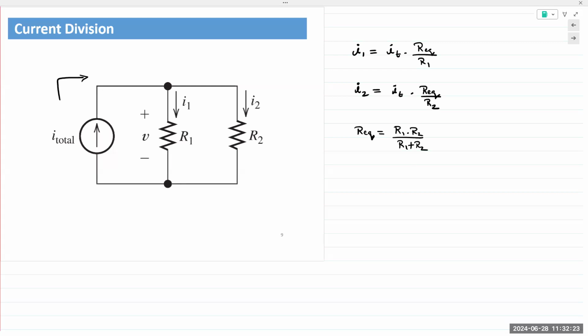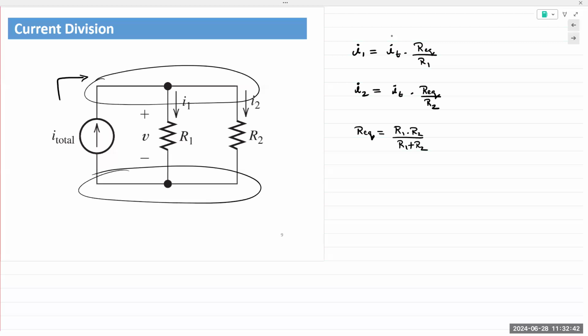That's the derivation. I can show it to you very quickly. So the question being asked is, how is this equation arrived at? Why is Req in the numerator? Well, if we say total voltage V appears across all three branches, I can reduce it, find IT. This is my Req, right? My voltage V is equal to IT times Req,